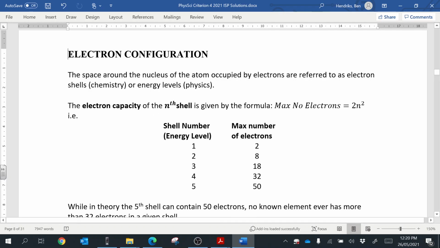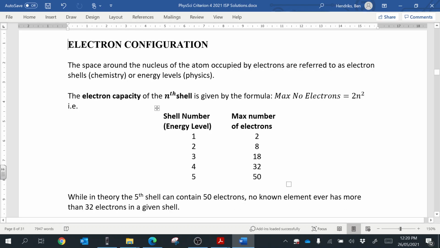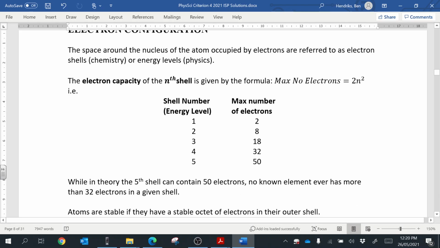So the space around the nucleus of an atom occupied by electrons are referred to as electron shells, or energy levels. So typically in chemistry we refer to them as electron shells, or in physics we refer to them as energy levels. The electron capacity of the nth shell is given by the formula max number